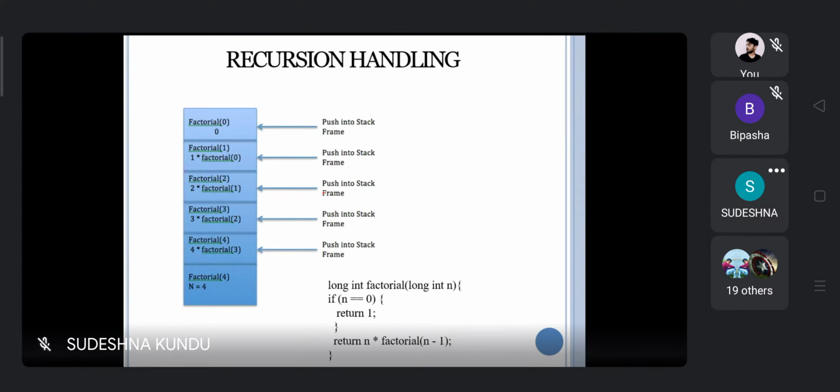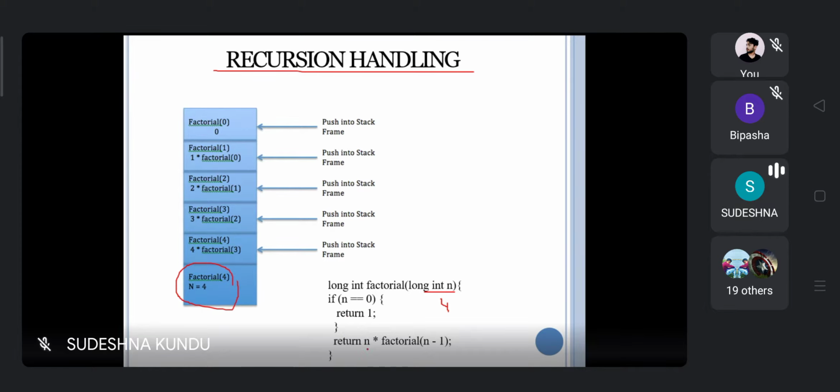Suppose we take the example of factorial recursion. I need to find the factorial of 4, so we pass n as 4. If n equal to 0, then return 1.